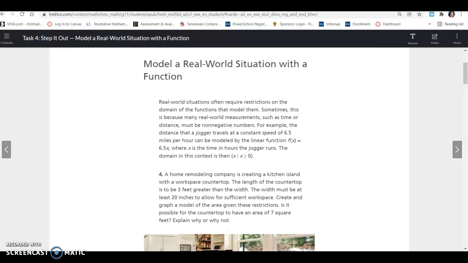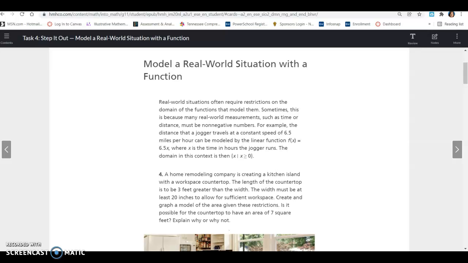Lesson 1.1, Task 4. Model a real-world situation with a function. Real-world situations often require restrictions on the domain of the functions that model them. Sometimes this is because many real-world measurements, such as time or distance, must be non-negative numbers. For example, the distance that a jogger travels at a constant speed of 6.5 miles per hour